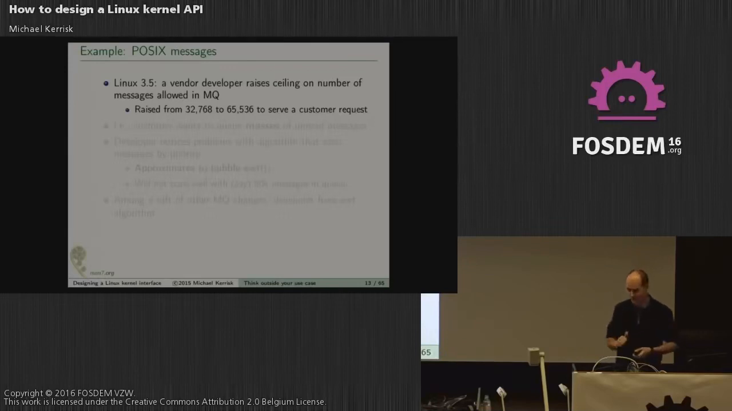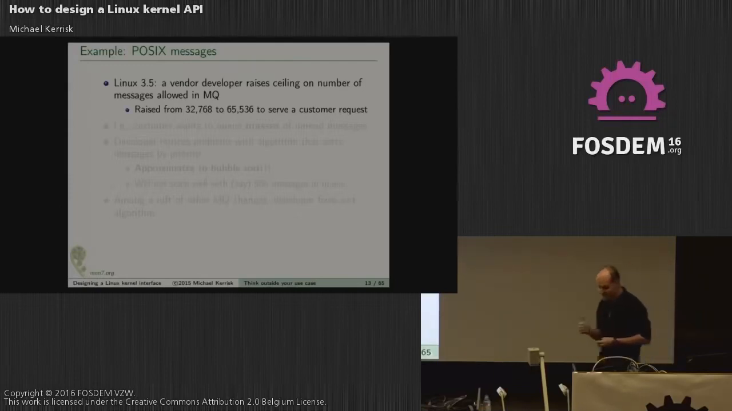POSIX message queues were added in Linux 2.6.6. Several kernel releases later, there was a Red Hat engineer. I was actually giving an iteration of this talk, and I was talking about this case exactly, and he was in the audience. And that's how we met. Anyway,